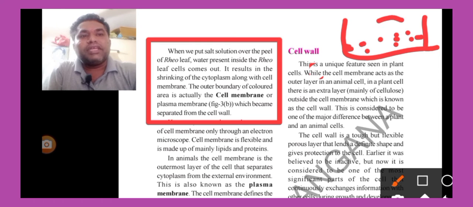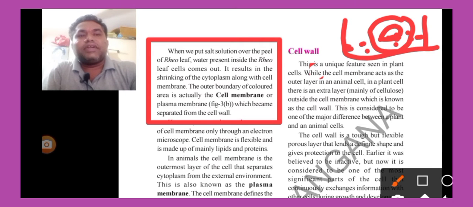When we leave a cell in this, the cell wall has a plasma membrane inside it. So what happens when we keep this cell in a salt solution? Whatever water is present in the cell comes out